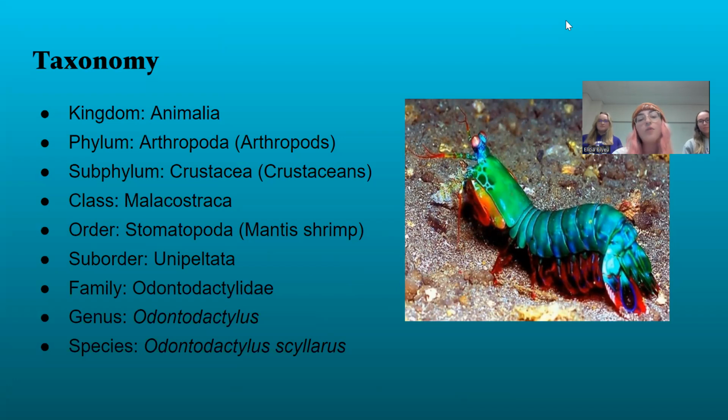There are actually over 450 species of mantis shrimp worldwide, so it is a very diverse order. And the suborder Unipeltata arose around 193 million years ago, and all living mantis shrimp are in the suborder Unipeltata. The peacock mantis shrimp belongs to the family Odontodactylidae, and this family only has one genus, which is Odontodactylus, and then again, its species is Odontodactylus